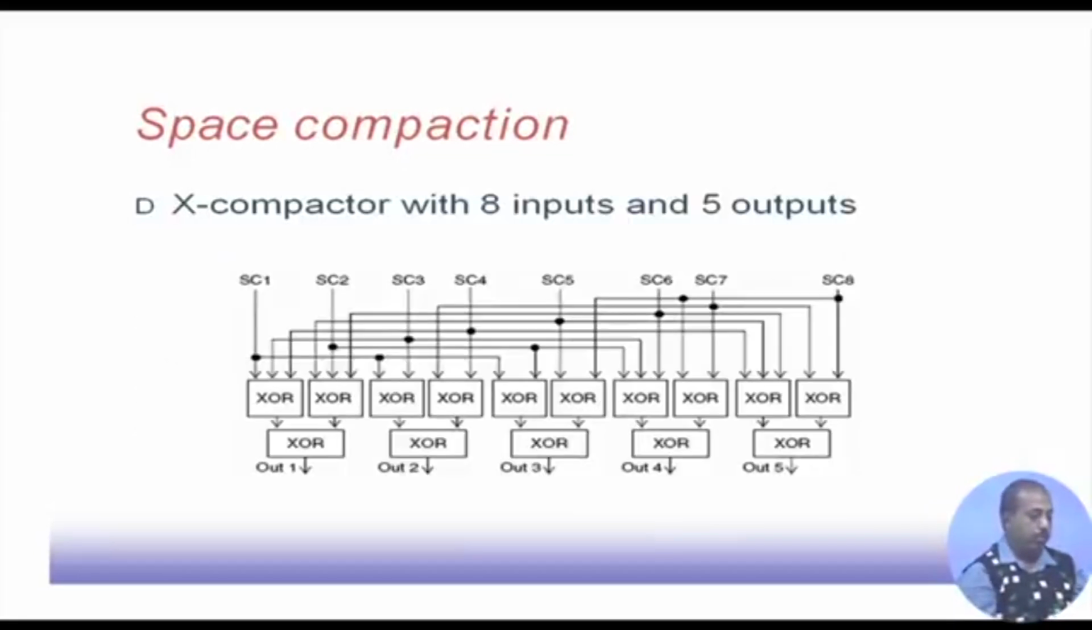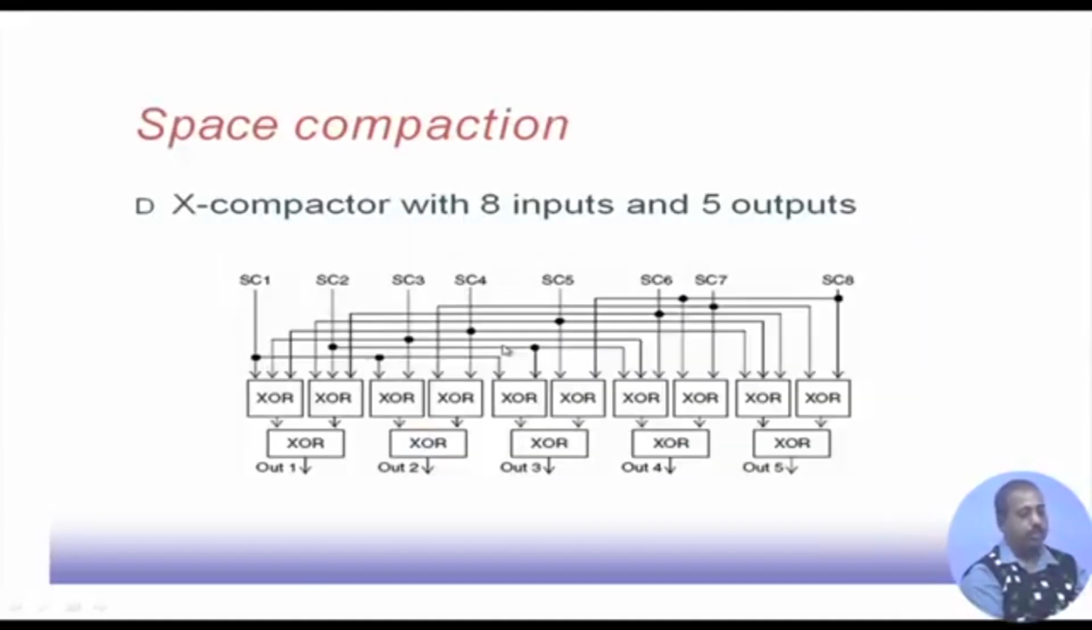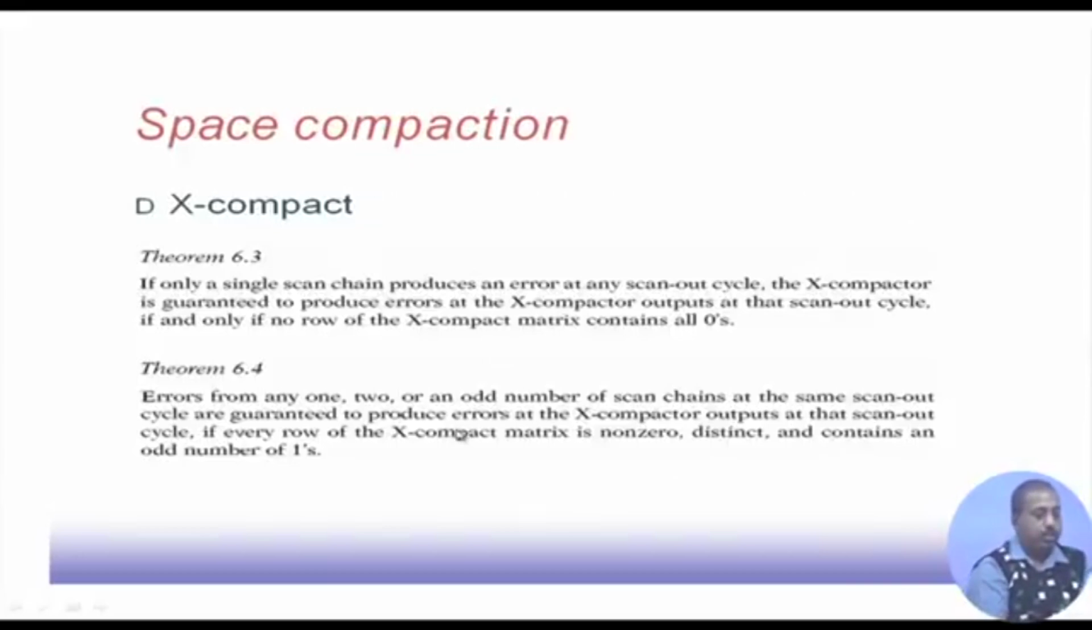So, if we look into this X compact matrix that has been used here, all of them contain an odd number of ones. None of them are 0, and all of them are distinct. So, none of them are the same. Okay. So, all the three properties are satisfied. In that case, it says that with this property satisfied, error from any 1, 2 or odd number of scan chains at any scan out cycle will produce some erroneous output at the X